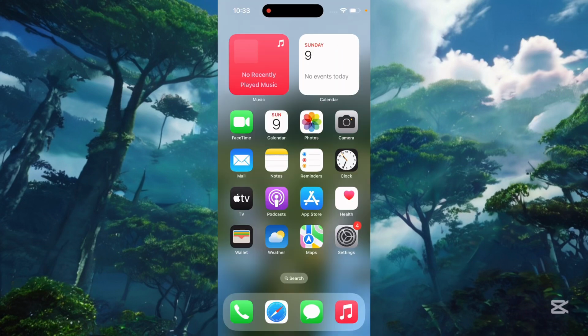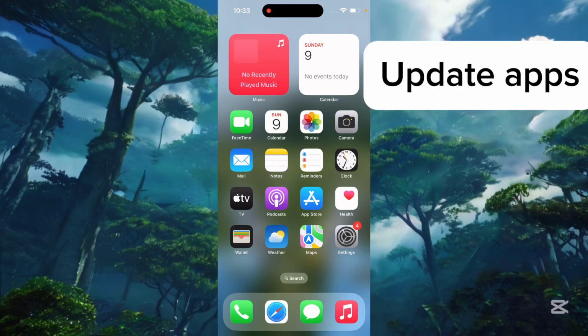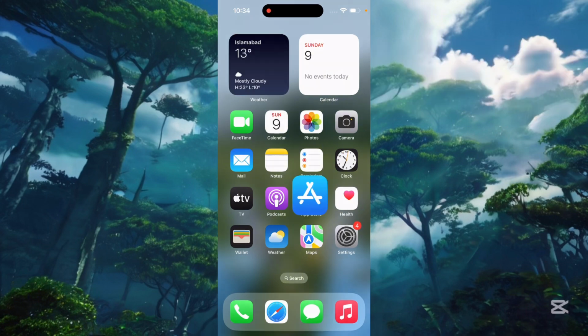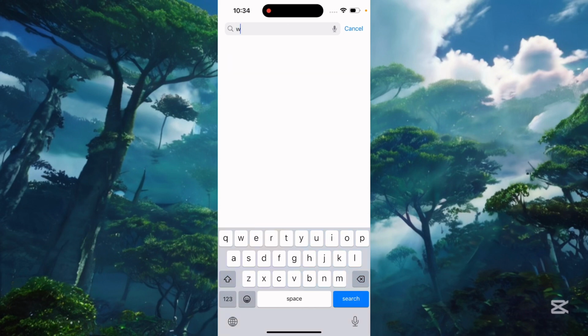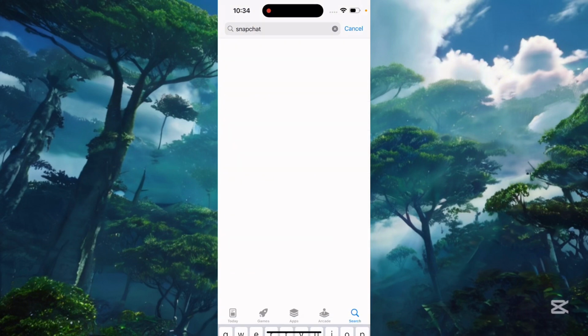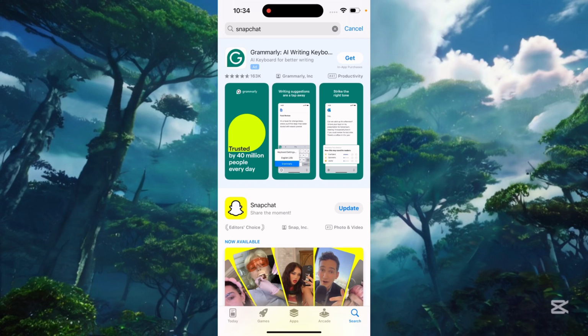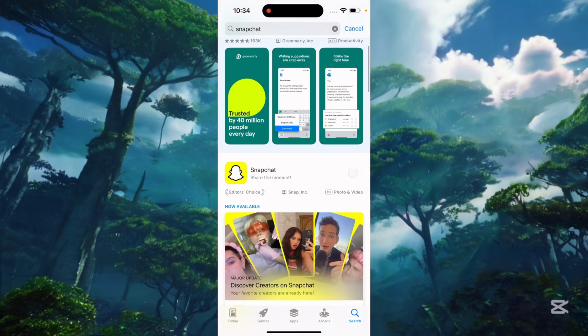Even after doing all these things, if your issue is still not solved, then simply come to the App Store, because many apps need an update to work best and access all the features. So you must update your apps to access all the features. For example, I'm here searching for Snapchat. You can see that Snapchat needs an update. Simply by updating Snapchat, you can access all its advanced features, and it helps you in rotating and in doing all